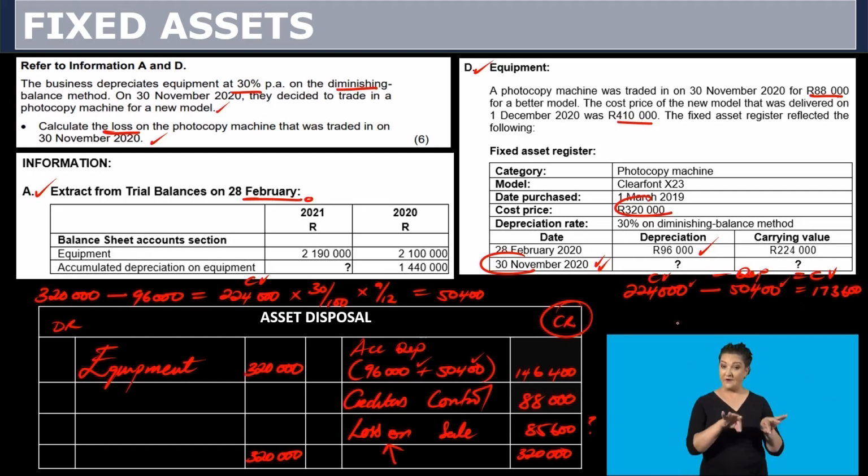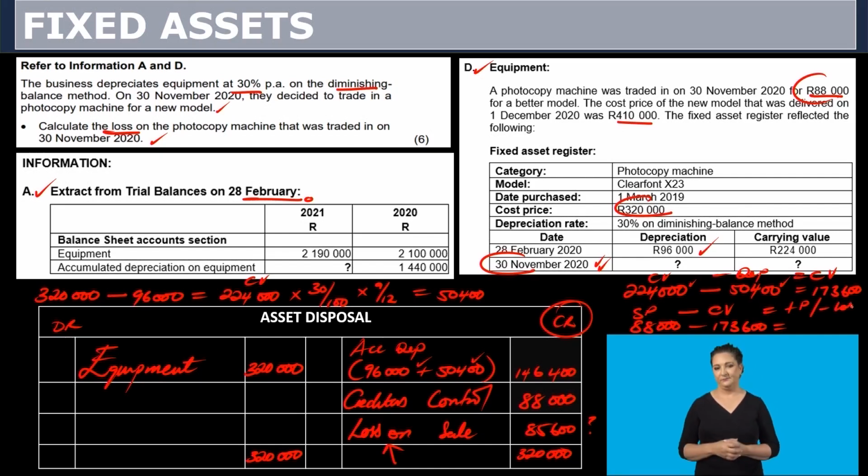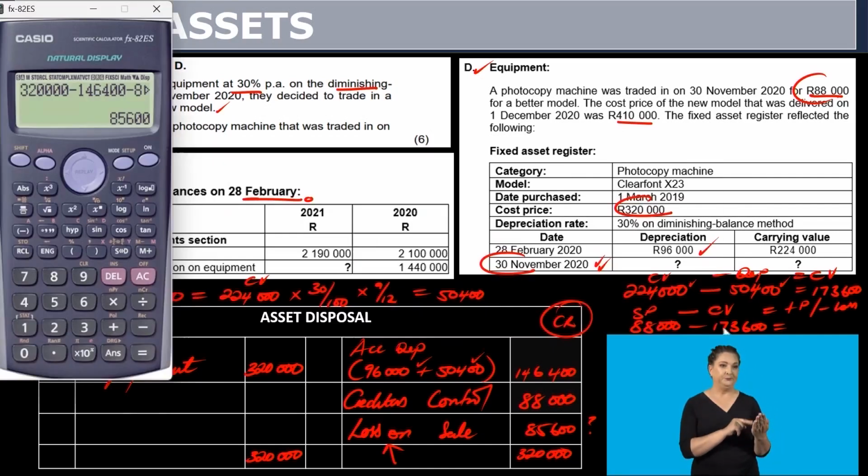Once you get your carrying value at the end, which is 173,600, then you now say this asset was disposed at 88,000. So you now say selling price, which is 88,000, minus your disposal at carrying value, 173,600. Whatever your calculator gives you, you take it with its sign. If it's a positive, it's profit. But if it's a negative, it's loss. So you're simply coming to your calculator and you're saying